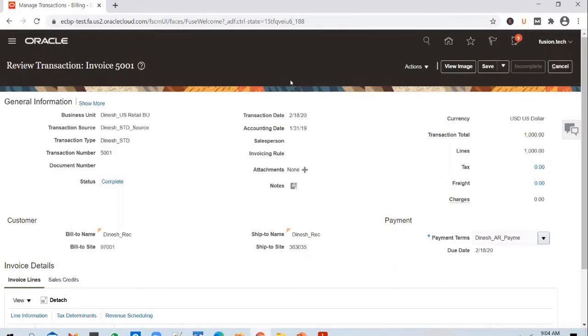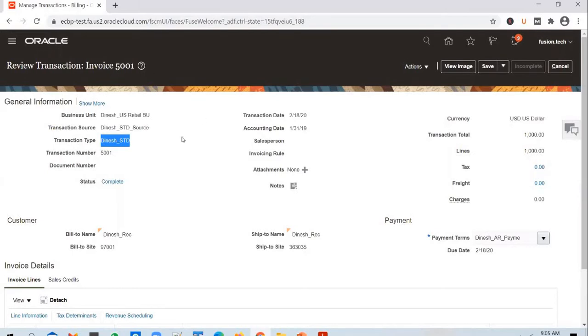So you see this transaction number and all these details, right? This information is stored in a database table, but you won't be able to figure out what table is storing this information from the application. So that makes your life tough in case you are a fresher. But in case you were an EBS technical consultant earlier, the good news is tables haven't changed in ERP Cloud. More or less the same table structures and the same table names hold good in ERP Cloud as well.